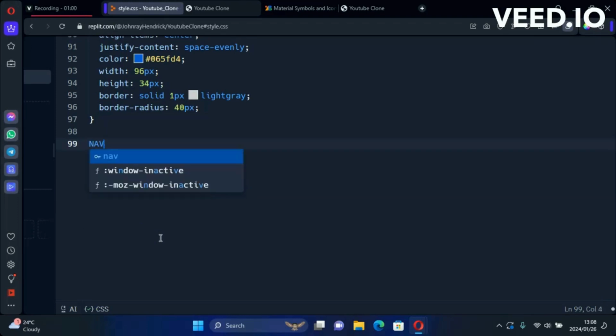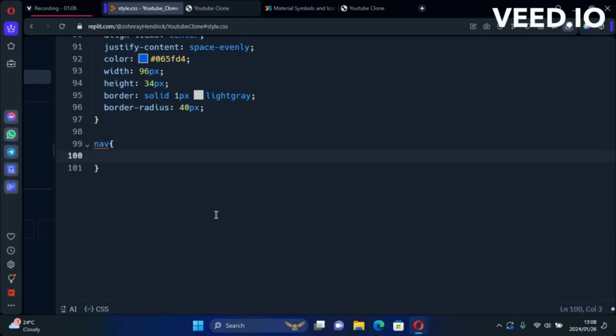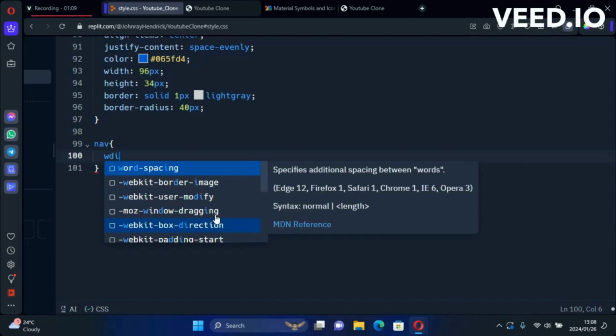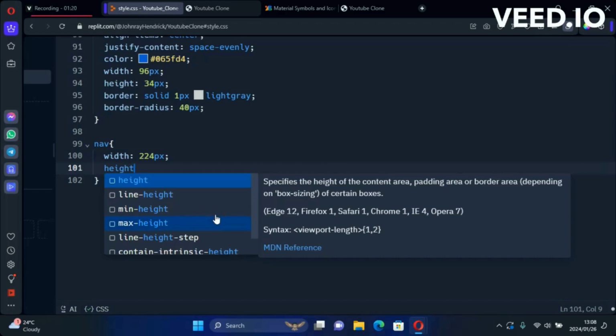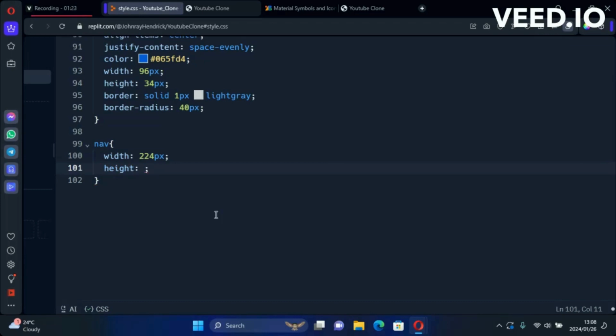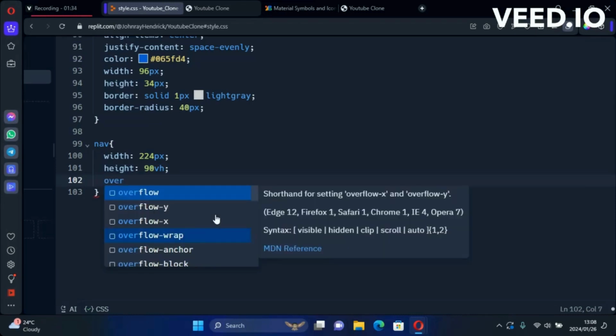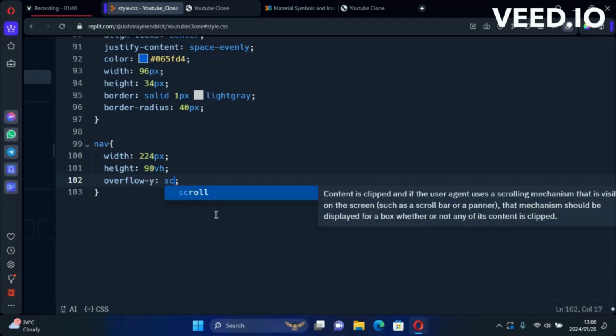So let's say nav, open and close curly braces. Let's give it the width of 224 pixels and the height of 90 view height, and overflow. This is now for the scrolling. Overflow Y, we're just gonna say scroll